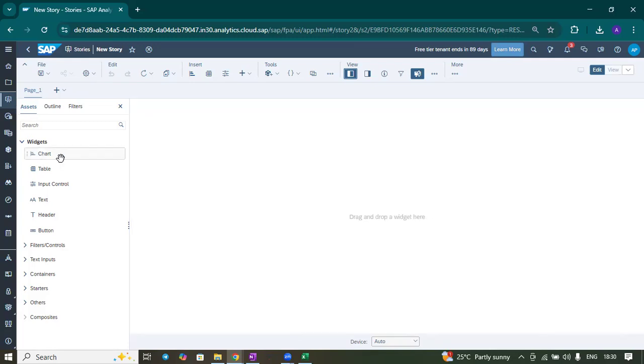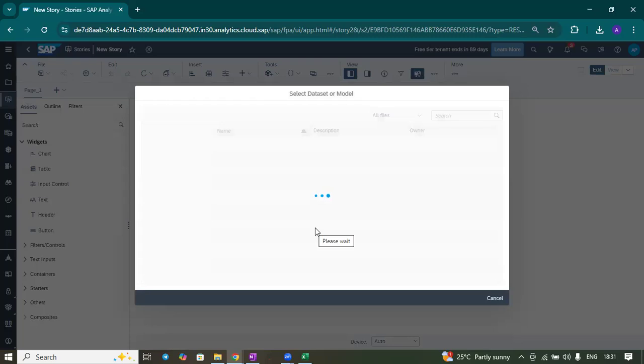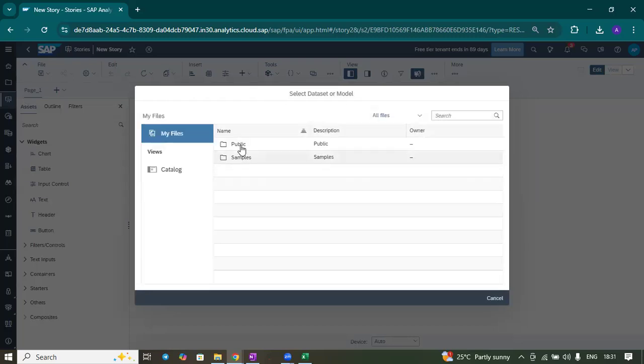So let's say, for example, I want to create a story with a table for now. Let's drag the table. It will say select a model. You want to create a story on what? You want to select a model. So I'm going to select existing model. Click on other model which we created. We select that model. Go to public